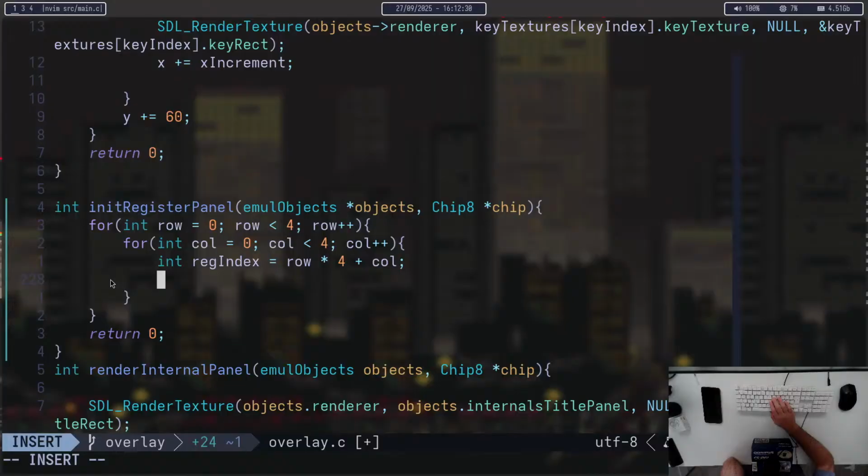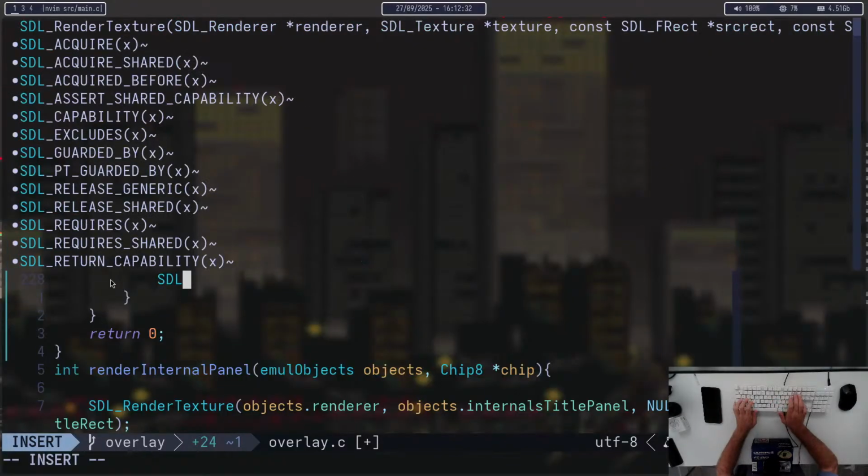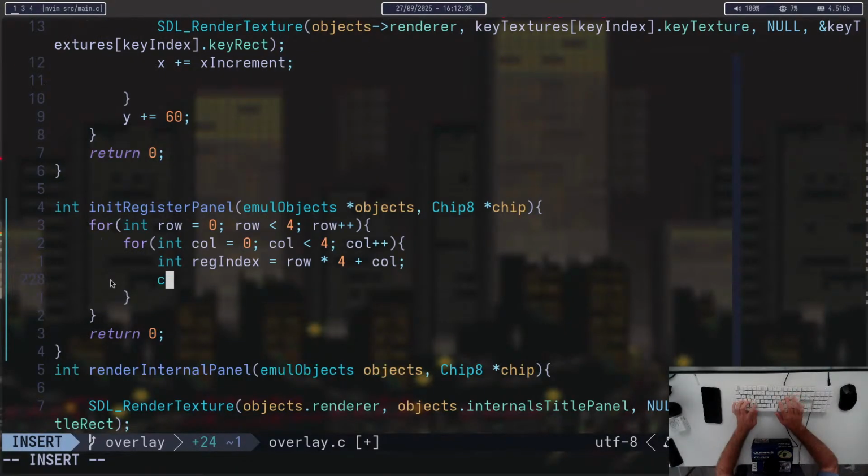So now that I am here, I could say, first off, I need to create char